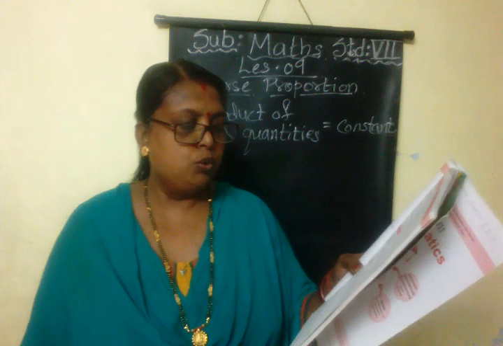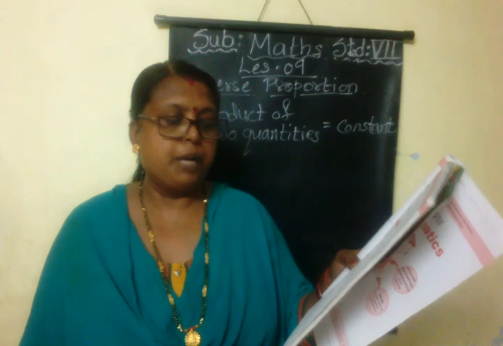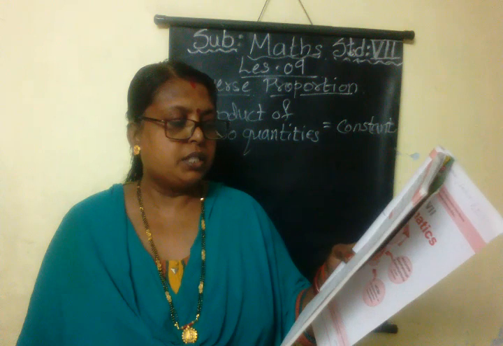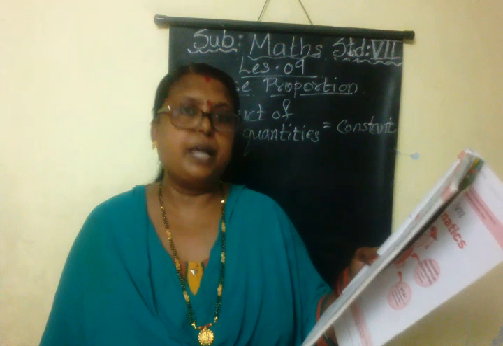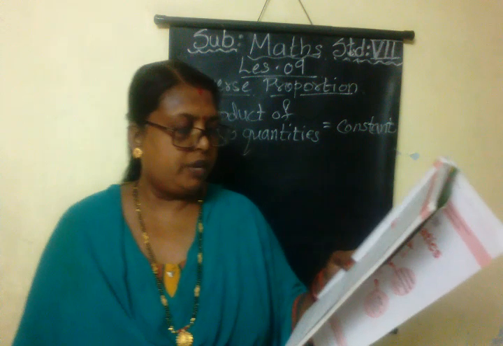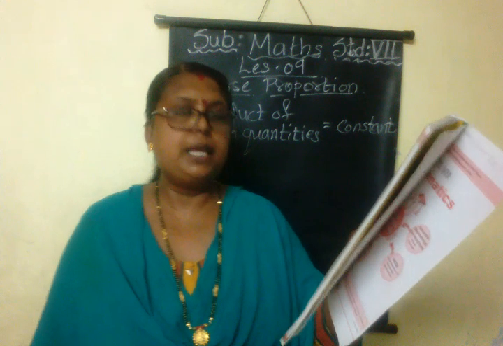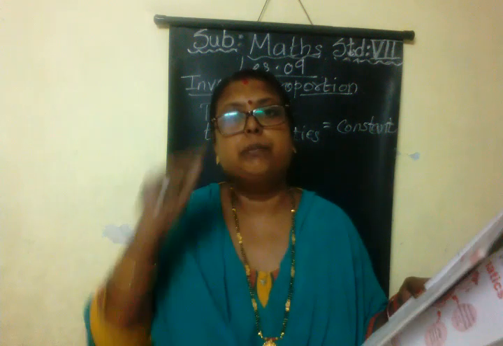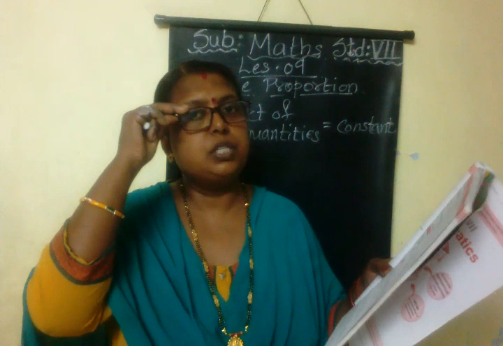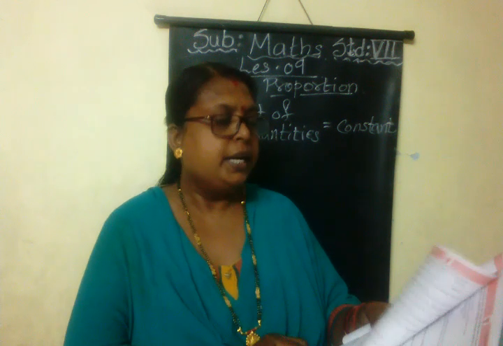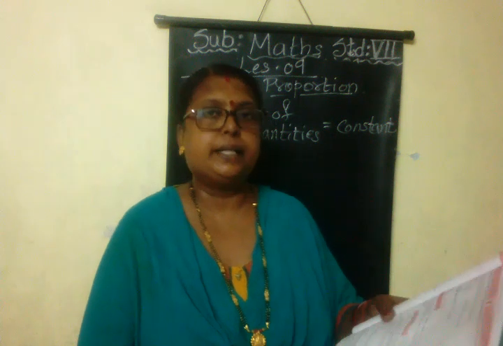Students of a certain school went for a picnic to a farm by bus. Here are some of their experiences. Say whether the quantities in each are in direct or in inverse proportion. We have to say. Each student paid rupees 60 for the expenses. Means to go for the picnic, each student gave 60 rupees. As there are 45 students, dash rupees were collected.